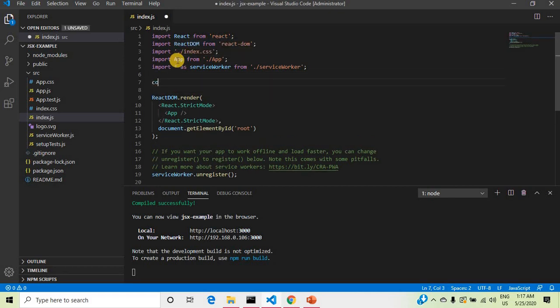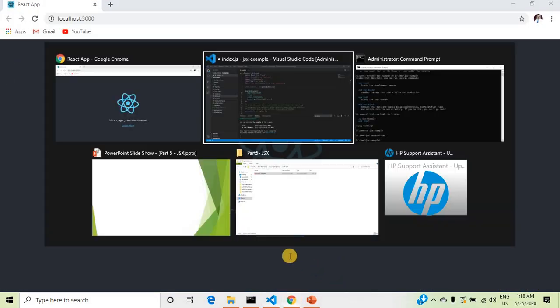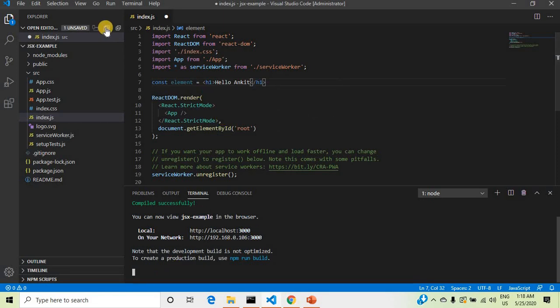create a simple element using const element, h1, which displays hello Ankit, and our application is already running, so I am just saving it.